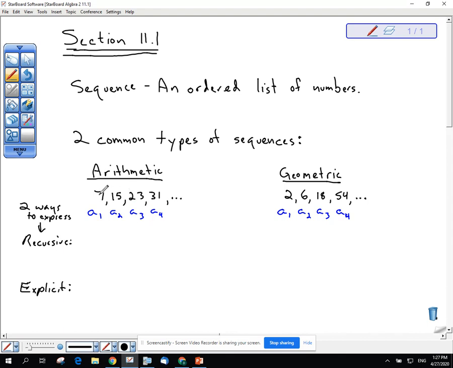If you investigate that, you'll see that those are going up by 8. Okay, now quick side note, they don't have to go up. They could go down to be an arithmetic sequence. 10, 8, 6, 4, 2, 0, negative 2. That's an arithmetic sequence as well. It's going down by the same number. But this one's going up by 8. And to predict the next number, if you wanted to know what the 5th term is, you just add 8